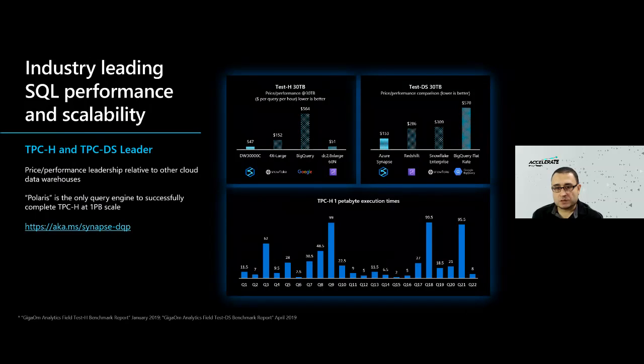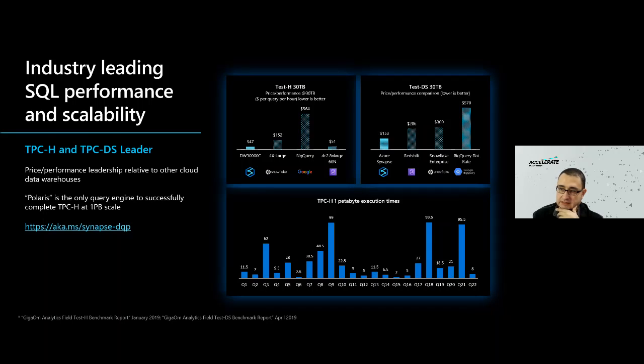So how does this compare to other vendors out there, other cloud platforms out there? Microsoft made available this research and benchmark study made by an organization called GigaOM, and they made two types of studies, or performance benchmarks.